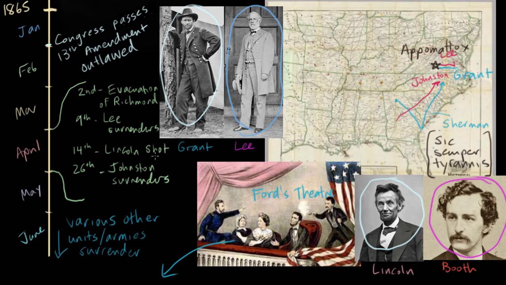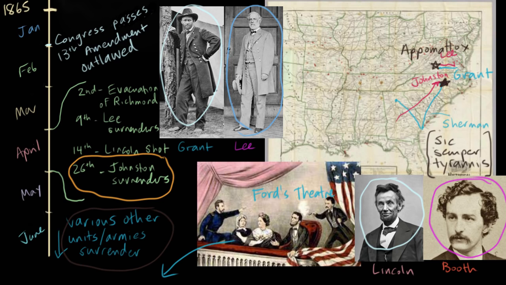Now, one thing you'll notice is that only a few parts of the Confederate Army have actually surrendered at the time of Lincoln's assassination. So the war is in some cases still ongoing, particularly in North Carolina, in Raleigh and Durham, where Sherman's forces have come up through South Carolina and North Carolina to meet the forces of Confederate General Joe Johnston. And it's on April the 26th that Joe Johnston surrenders to William Tecumseh Sherman. From that point forward, there are a few dribs and drabs of other armies that are still surrendering.